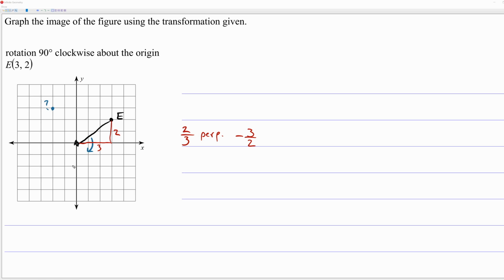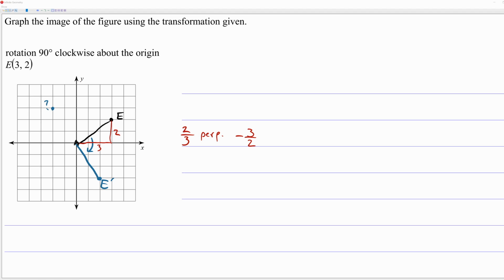Well, is that the correct answer? No, because we have thought a little bit about this prior, and we know that this is a clockwise rotation because the problem said so. So we're going to follow the blue arrow, and instead of counting to the left 2 and up 3, rather, we're going to count to the right 2 and down 3. Both of those are the correct slope, but only one is clockwise. So my point E prime